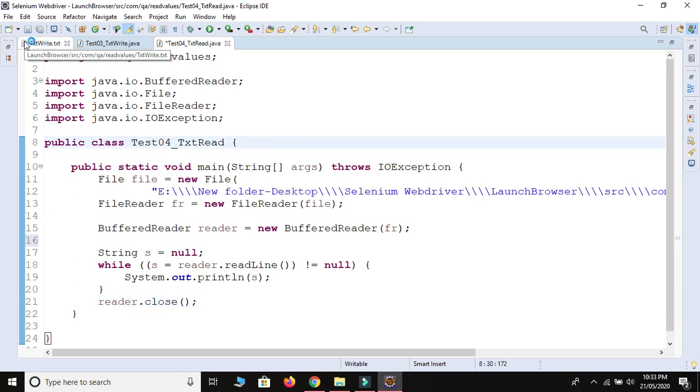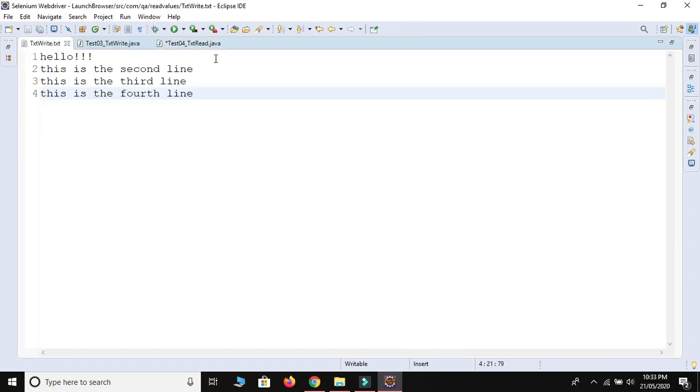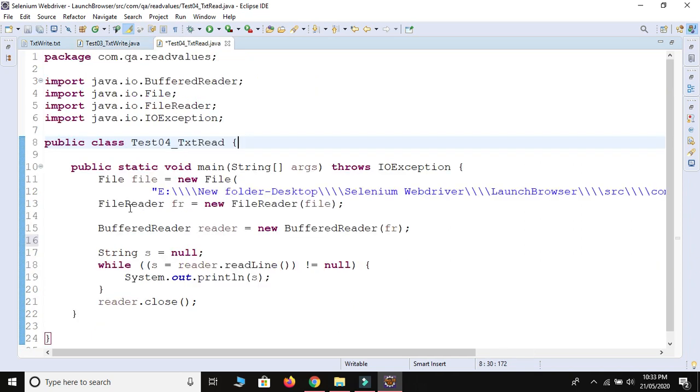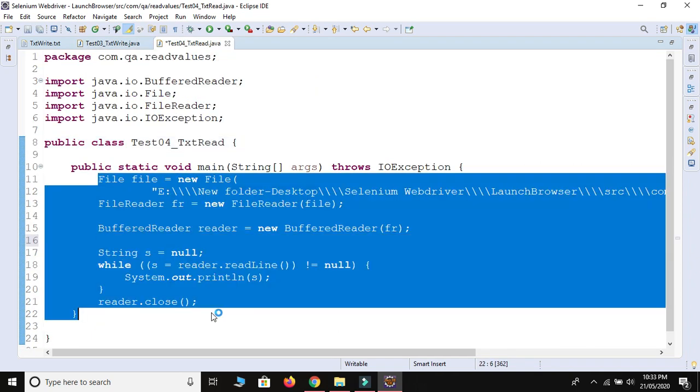In our automation testing, sometimes we get a properties file, sometimes a txt file, sometimes an Excel sheet. So we need to learn how to read and write data in txt, Excel and properties files. So this is the code for writing in a txt file, and this is the code for reading from the txt file.